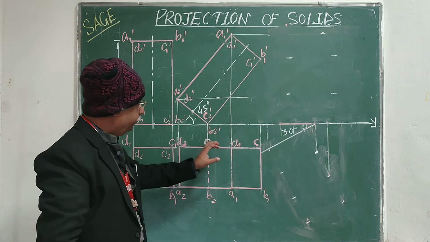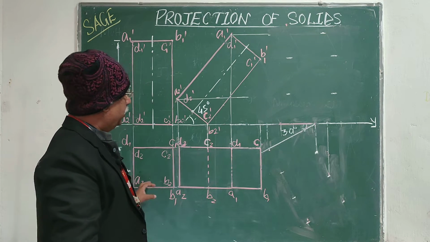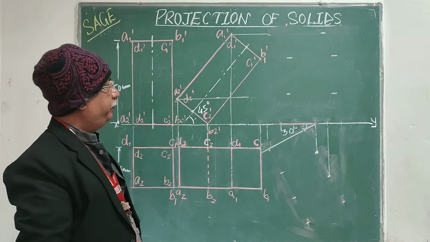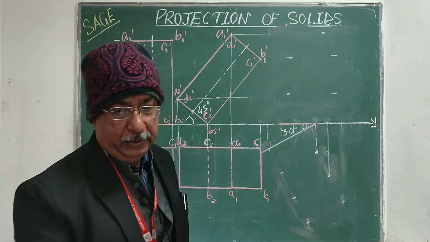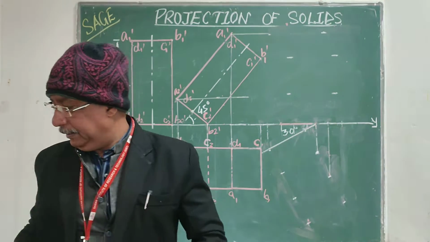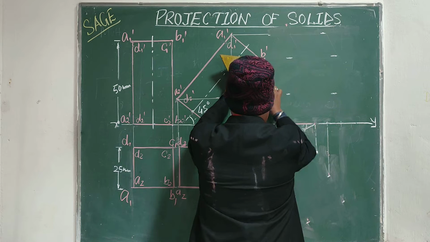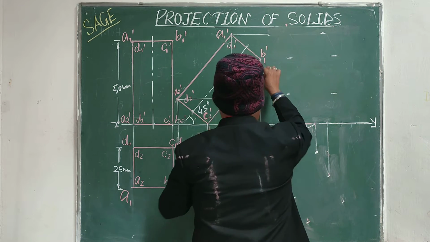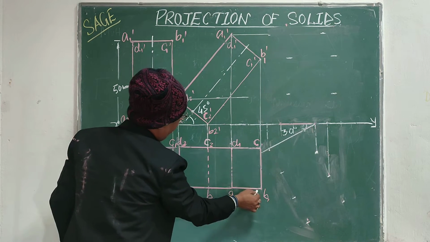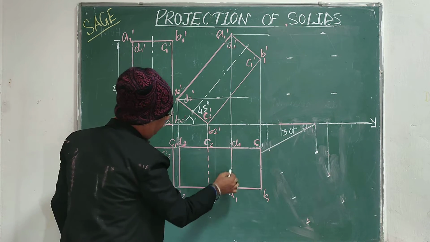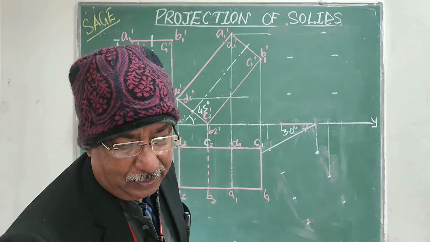Then from the top view I have already drawn the locus lines and dropped the projectors from the top view to the front view. And as you know, in this figure, in the front view, the base A1, B1, C1, D1 will be away from the reference line. So if I look from the front view, then this A1, B1, C1, D1 will be visible in the top view. So initially I have drawn this A1, B1, C1, D1